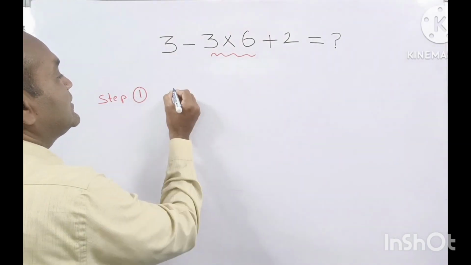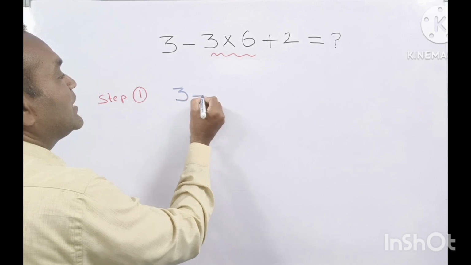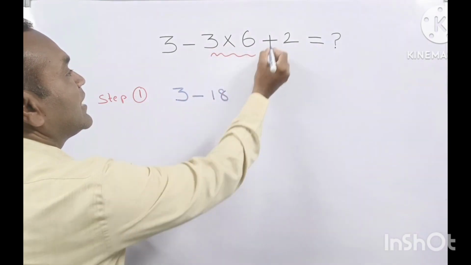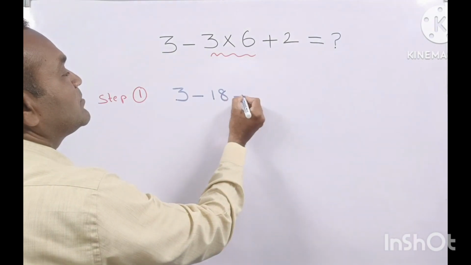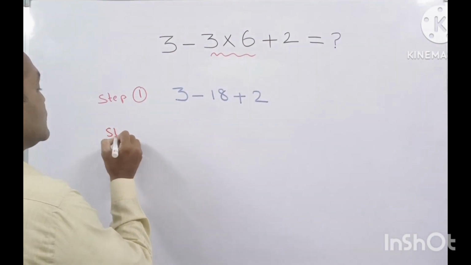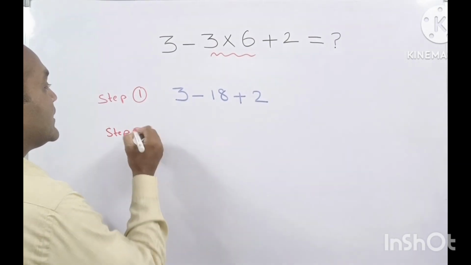So we will write 3 as it is, minus 3 times 6, it will be 18, and the remaining is plus 2. Now step number 2, we will